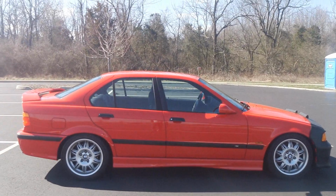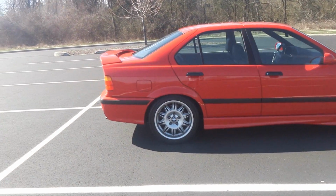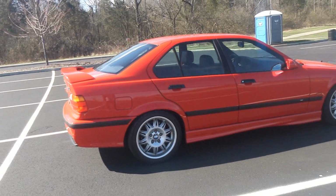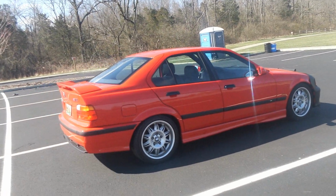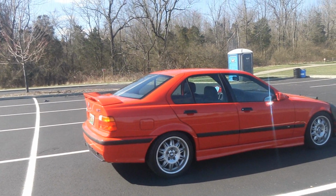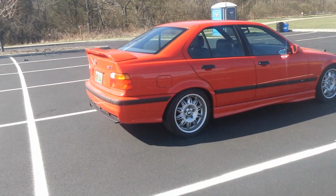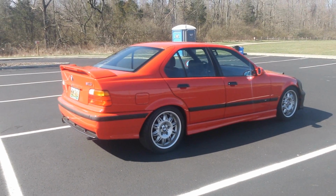And one of the reasons I like this car a lot is it's a sedan. I did want a coupe. I did want a convertible. You see those too often. I just like the sedan look. I think they kind of have that DTM sort of look to them. You don't see them quite as often. Not that many of them around. I mean, they built like 8,000 of them, so they're around, but